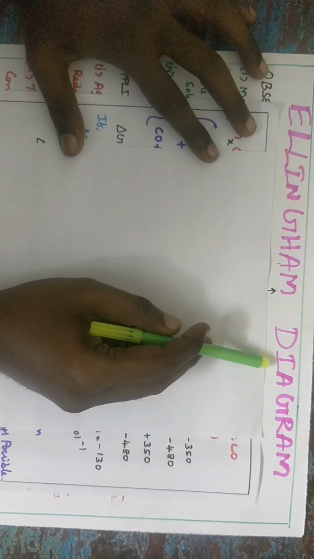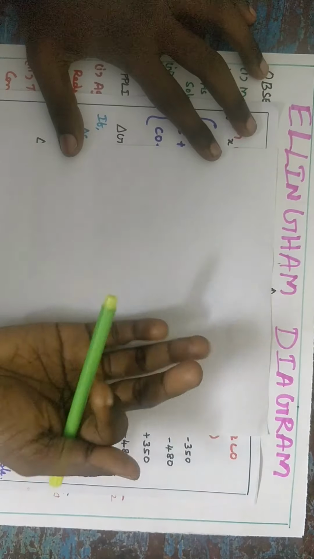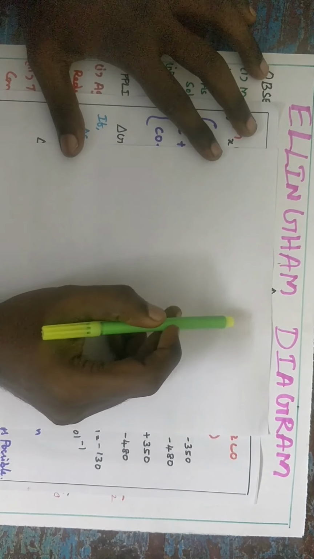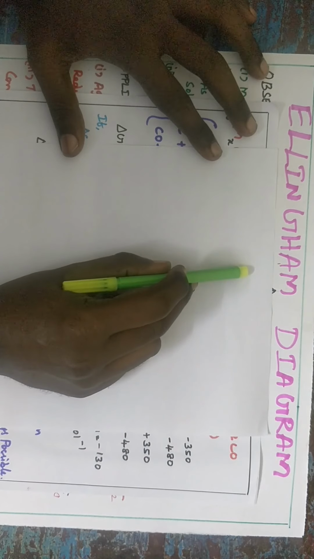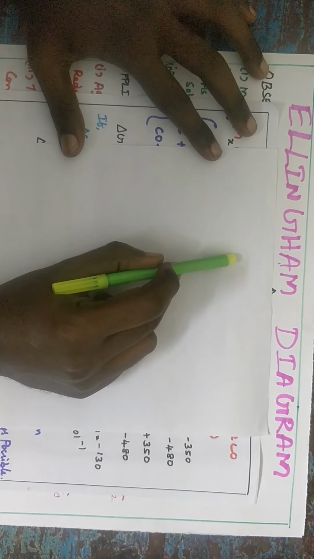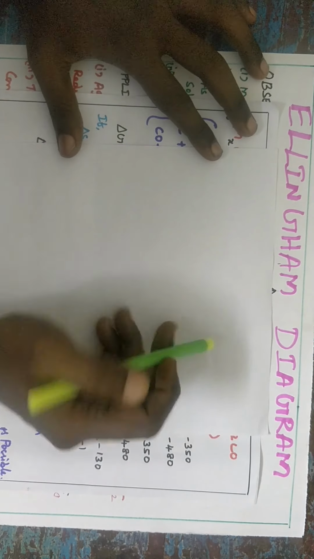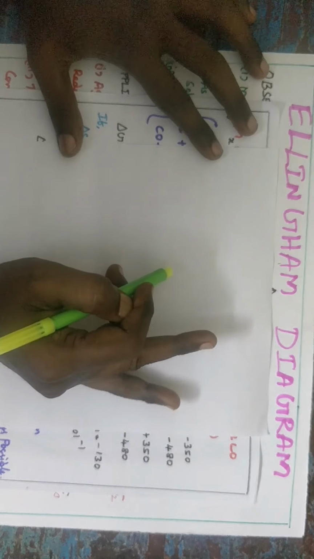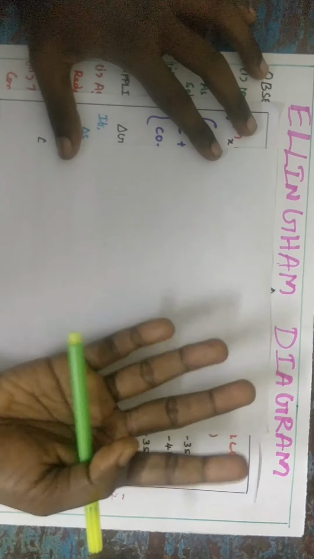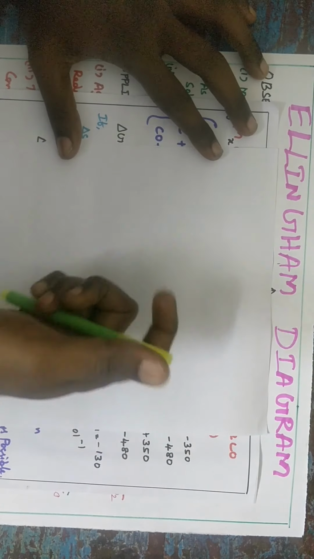Topic is the Ellingham diagram. In the beginning itself, I told the principle involved in metallurgy: three steps. Concentration of the ores, extraction of crude metals, and refining of crude metals. Concentration of ores, I already said, is to remove sandy or rocky impurities present in the ore, removed by various methods: flotation, gravity separation, leaching and electromagnetic separation.